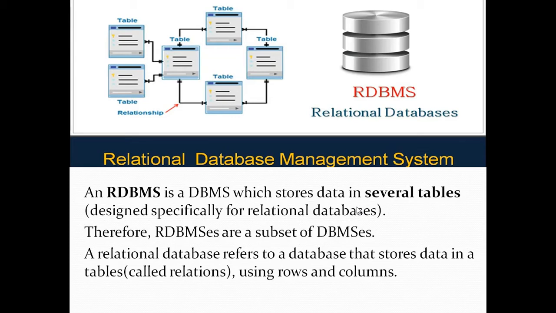So what actually are relational databases? I have explained to you yesterday. Relational databases are the databases which store data in several tables. Suppose in this figure we have multiple tables. One table, two, three, four, five, and six. Six tables are there which are in relationship with each other. That means every single table is related to the other. And this combination of tables is only called a relational database.